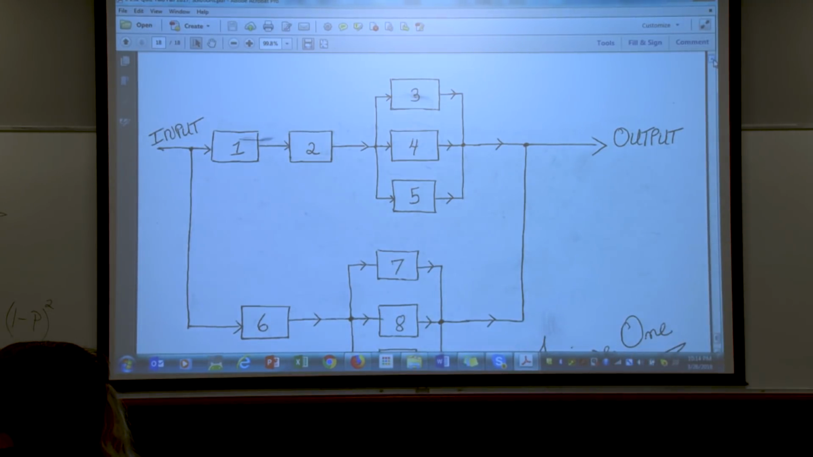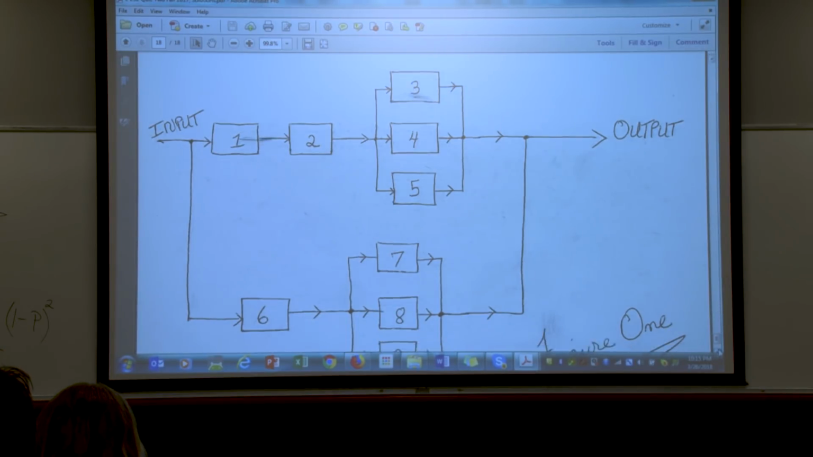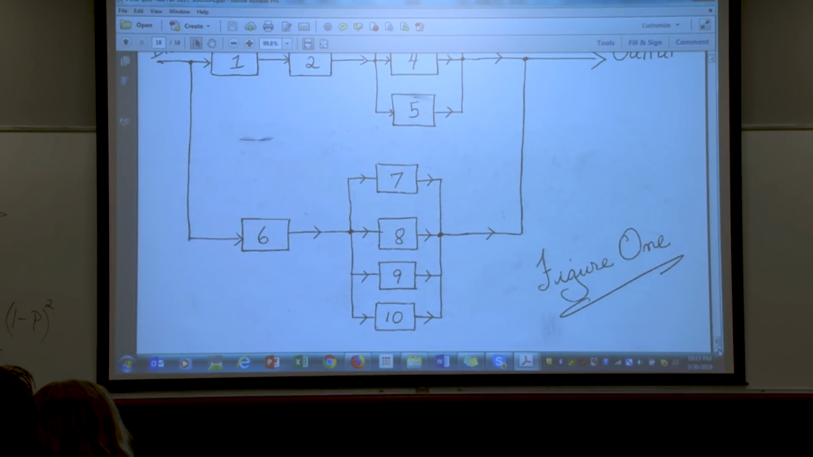Likewise, Justine, on the bottom. I have what? 7, 8, 9, 10. So that's 1 minus the quantity 1 minus P to the 4th, times P. So with that in mind,